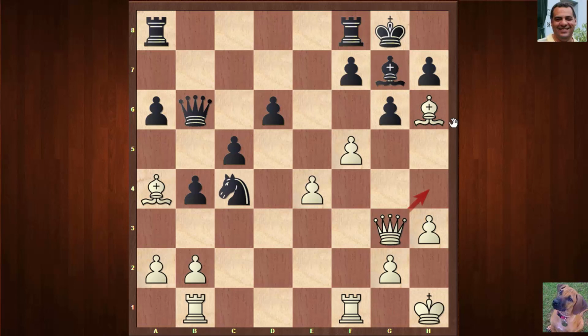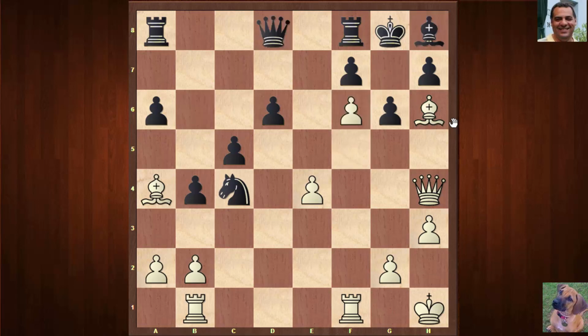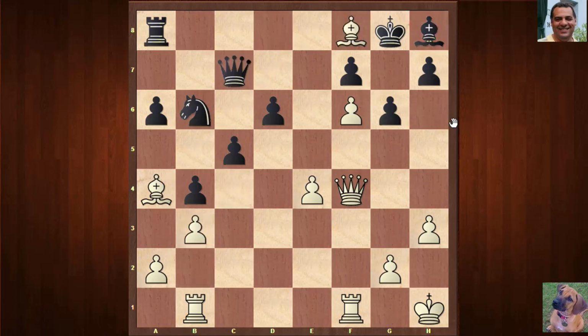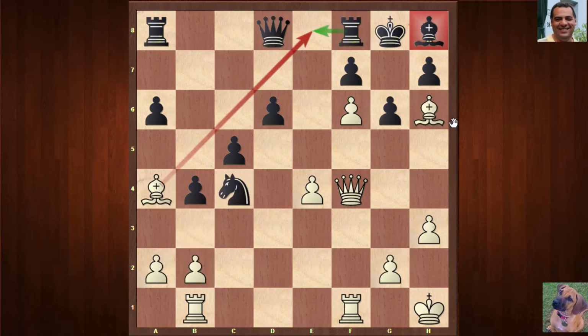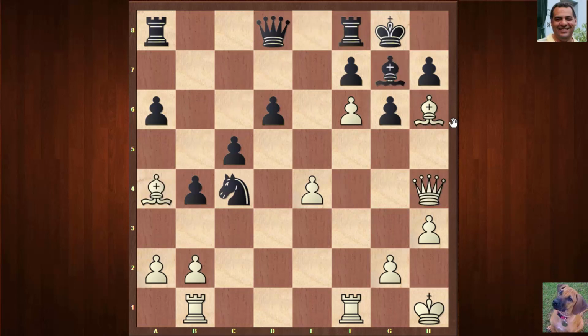On queen h4, black is by force getting an inferior position, for example like this, squish the bishop. This is just better for white, this position, and will be winning the exchange. If the rook moves here, then we got bishop takes e8. If the queen didn't come back,